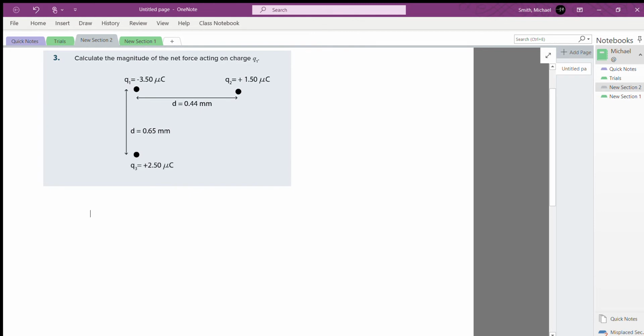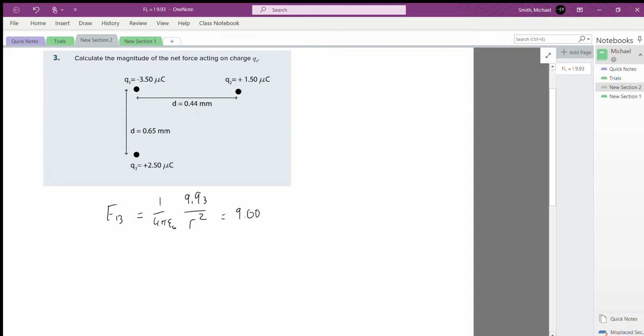The way we're going to do this is by using Coulomb's law and then adding the two forces as vectors to find the net force. So first let's work out the magnitude of the force acting on Q1 due to Q3. So here I'm going to write this as F 1,3 to denote the two charges, is 1 on 4 pi epsilon naught, Q1 Q3 on r squared,